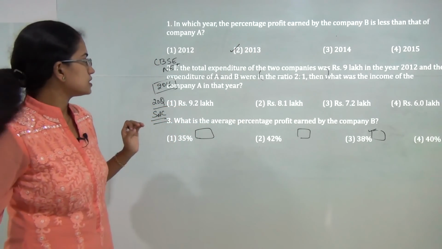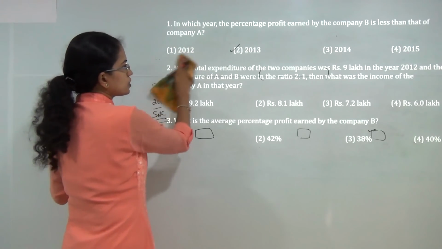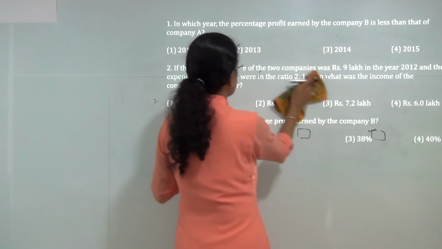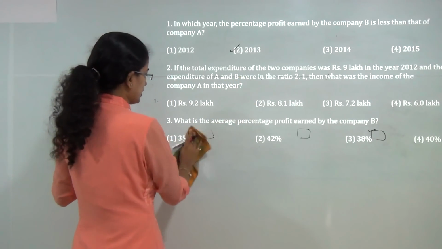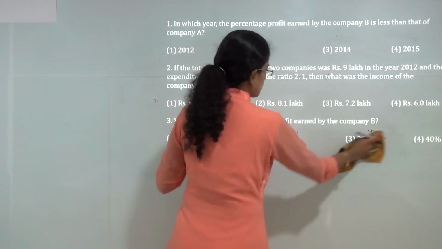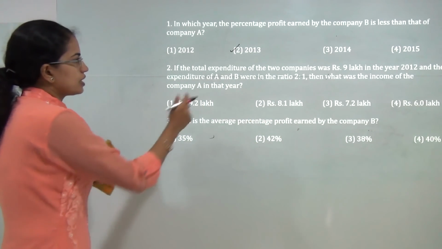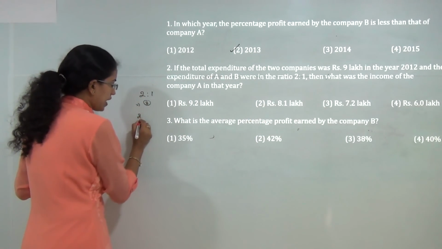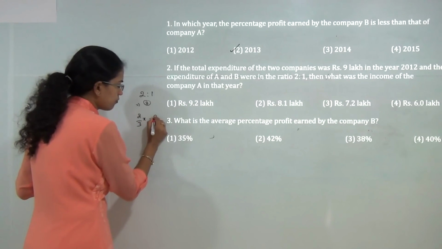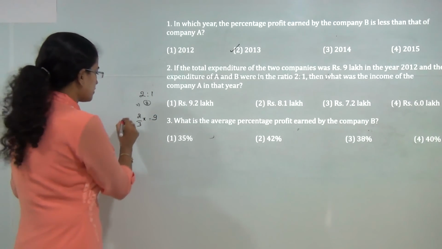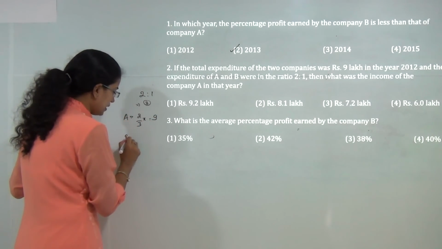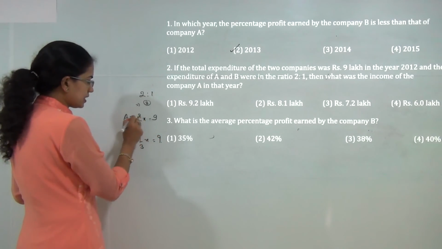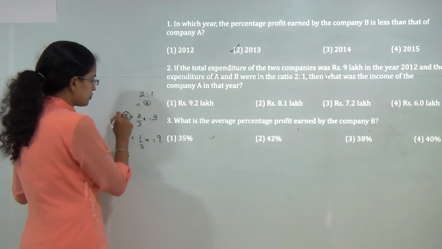Now the next question says, if the total expenditure for the two companies was 9 lakh rupees in 2012 and it was in the ratio of 2:1. If I am saying it's in the ratio of 2:1, what does that mean? If I add 2:1, that's 3. Now the fraction of 2 by 3 x 9 would be for A, and for B it would be 1 by 3 x 9. If I calculate x for A, it would be,